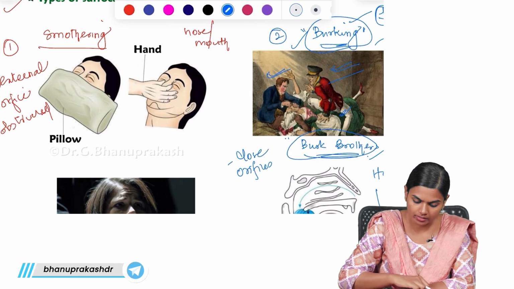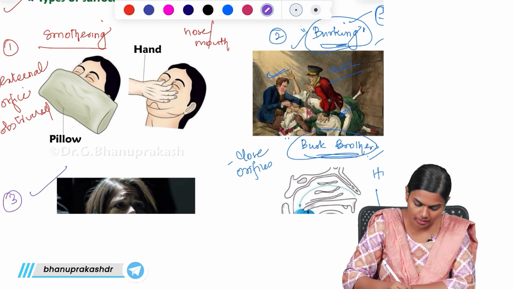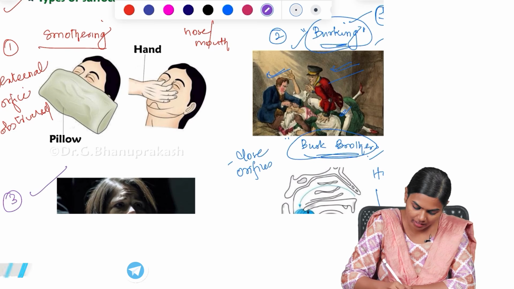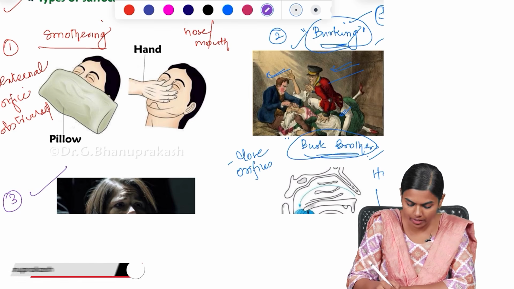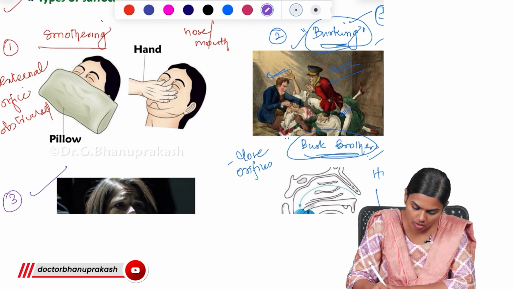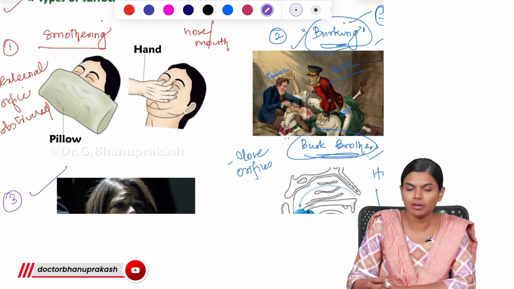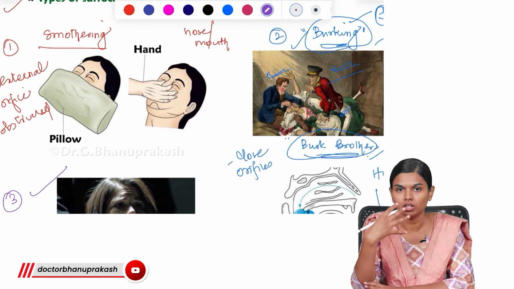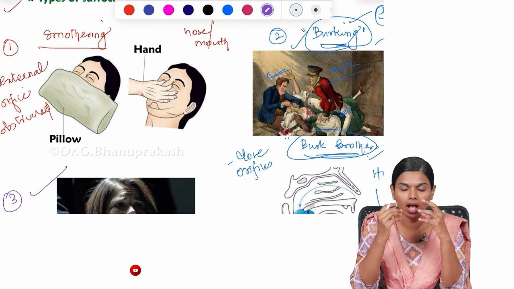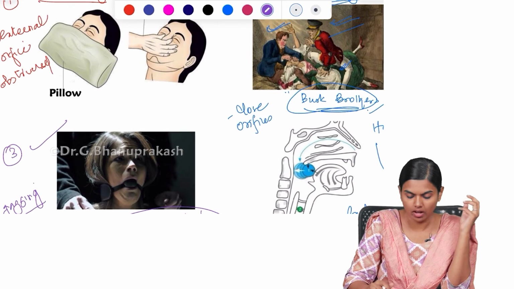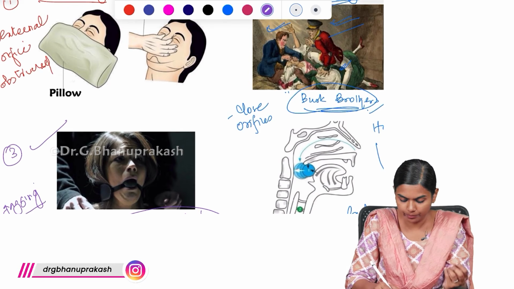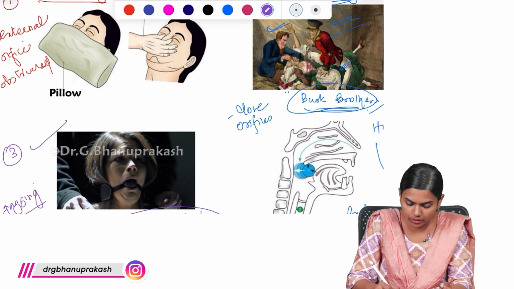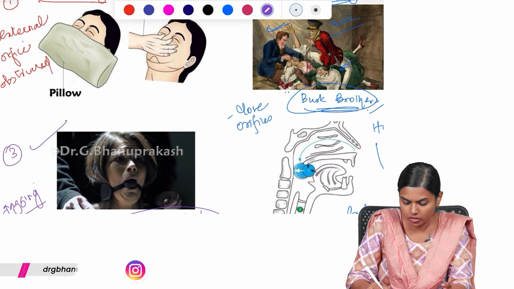And after that you have this one, which is gagging. We have seen this in a lot of movies. They will push some cloth or rags into the mouth, and inside the mouth they will push a lot of things. How asphyxia happens here is that because the cloth is pushed inside, there will be irritation, right? When something is put inside the mouth, there will be irritation. Because of that, there will be production of saliva.